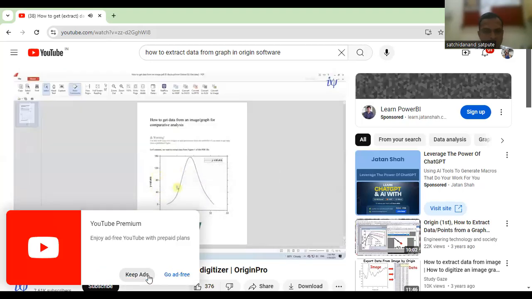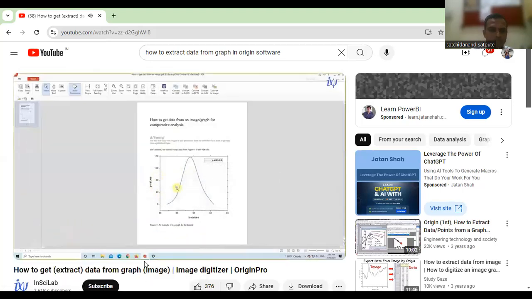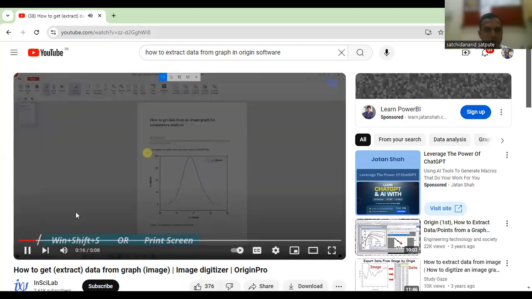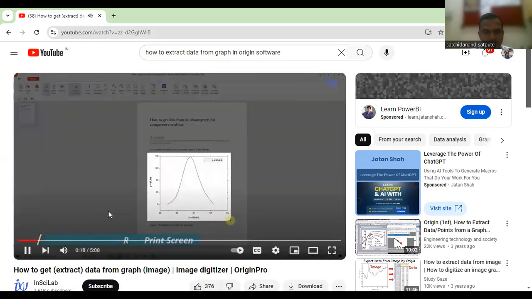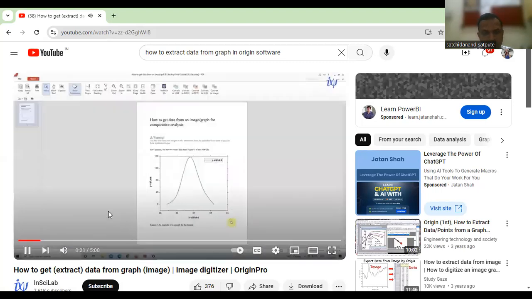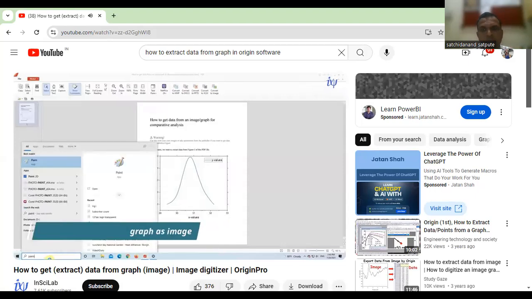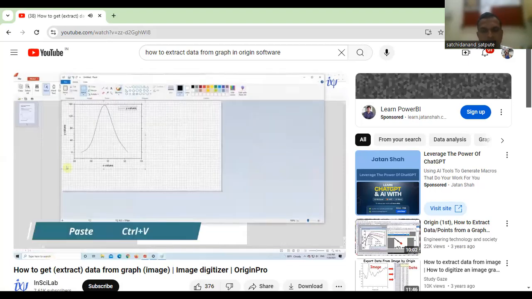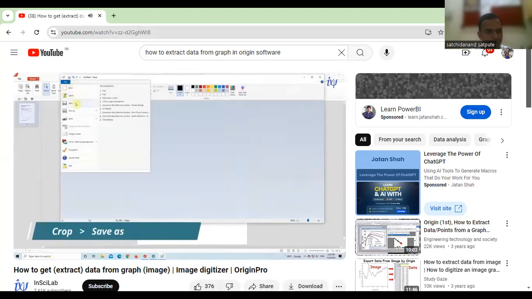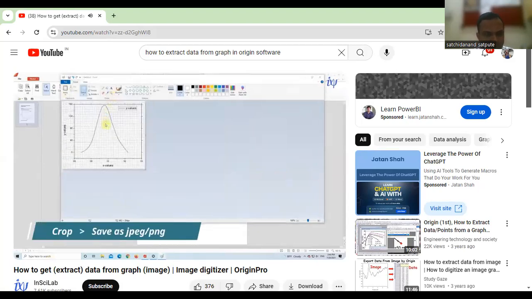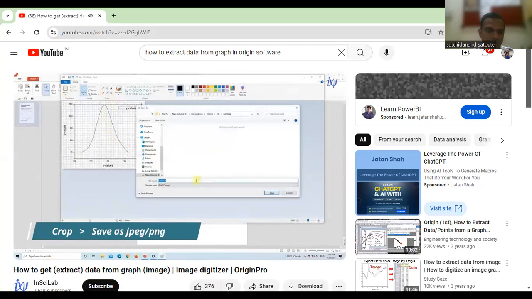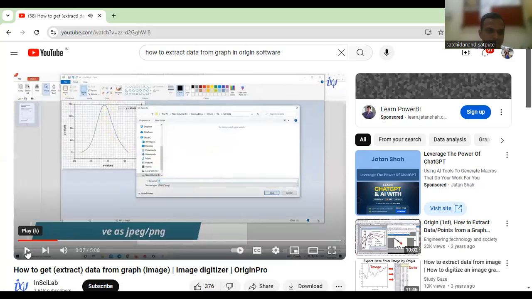So this is a video which tells you step by step, every step, how to extract. See, now they have cropped it. After cropping, it is saved, and you open the software Origin and follow the steps. It's very, very easy. Follow the steps and you'll be able to extract the data. Okay. So this part I'm skipping. We'll go back now. Once you got the data, how do you